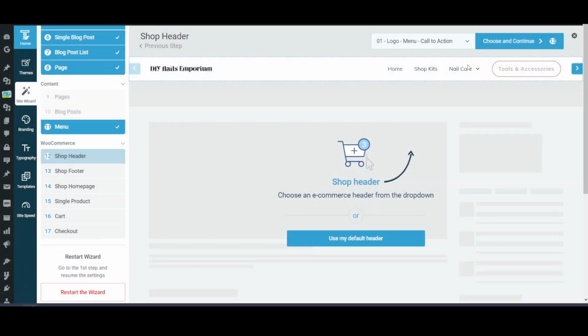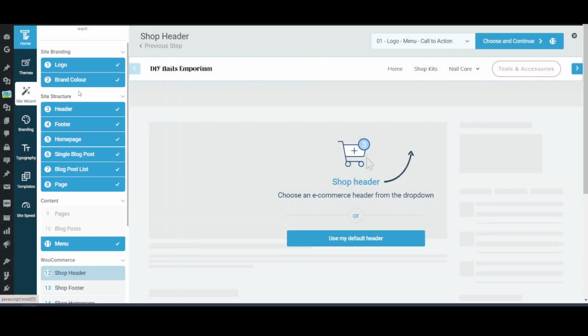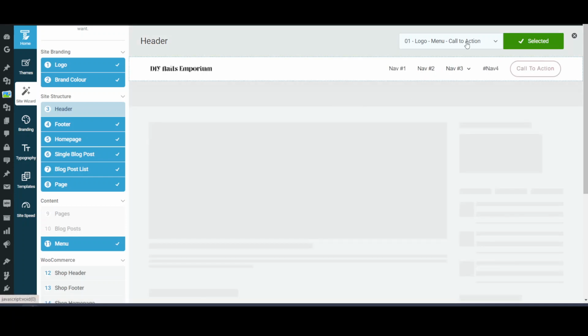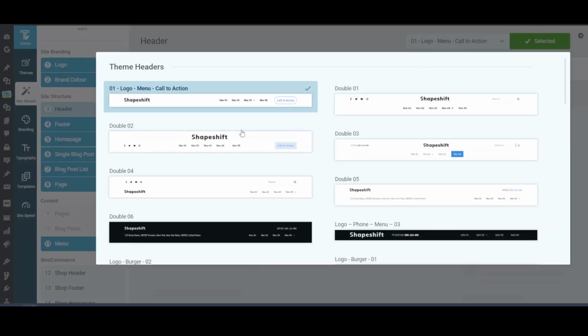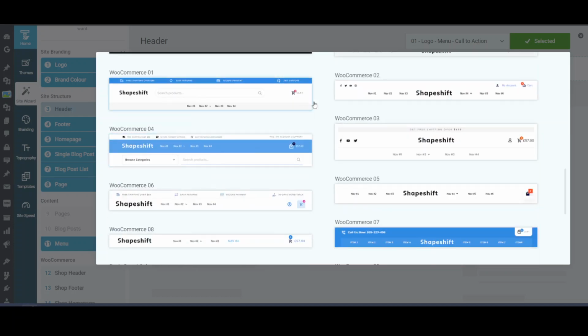So now for a WooCommerce site, naturally we want to show the my account section also. So we'll have to change the menu from here. And I think we should change the main header also, because we didn't consider that people should have a my account section or cart and everything. So we should have selected a WooCommerce header. So these are the WooCommerce headers. This is the first style, WooCommerce 1, WooCommerce 2, and then WooCommerce 3.